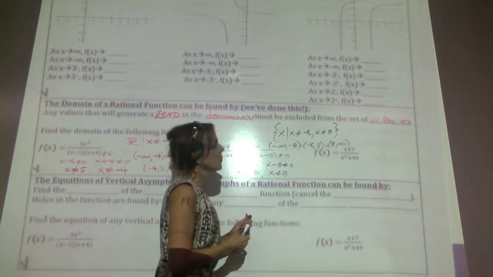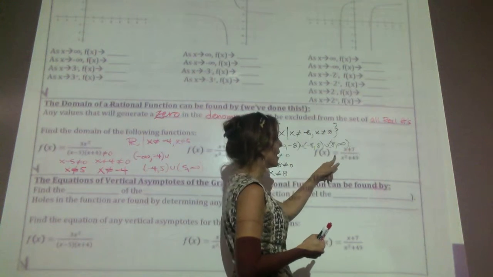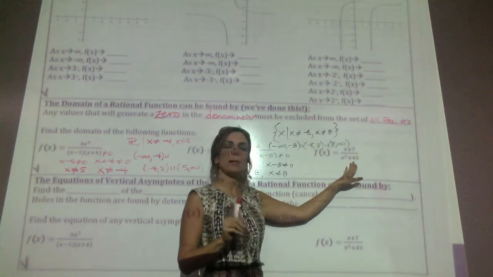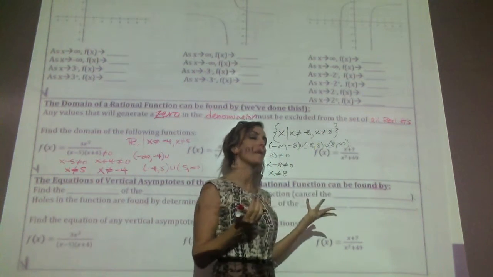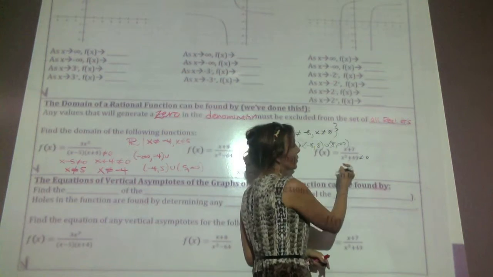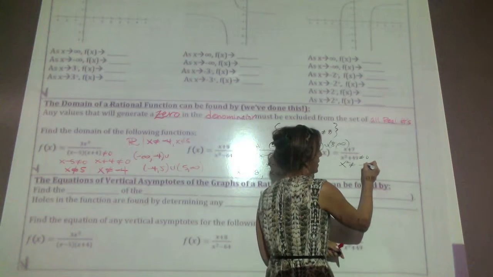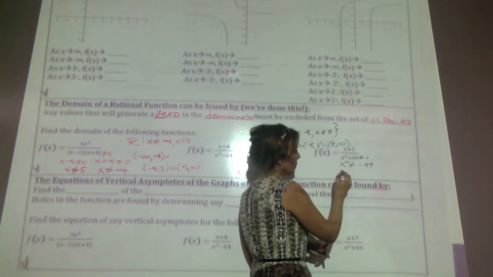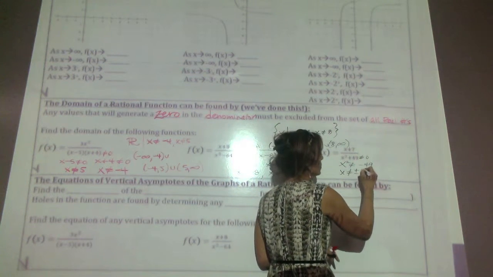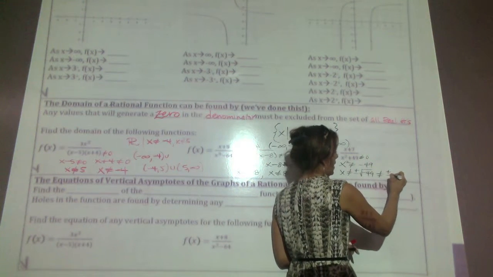Our last example for domain has to do with this function. F of x is equal to x plus 7 divided by x squared plus 49. Here we have a polynomial in the denominator, but it's not factorable. So let's just see what happens when we set it not equal to 0. Okay, so x squared plus 49 can't equal 0. That means x squared cannot equal negative 49. Oh, okay, so now we take the square root of both sides, remember that? x cannot equal plus or minus the square root of negative 49,